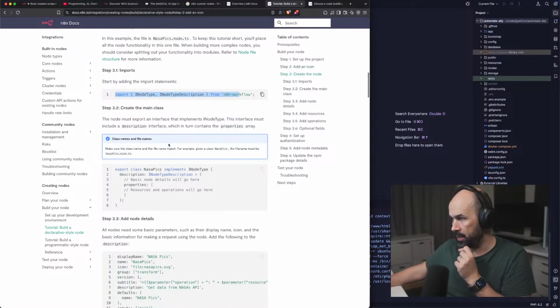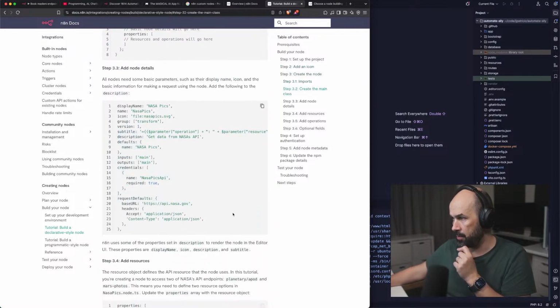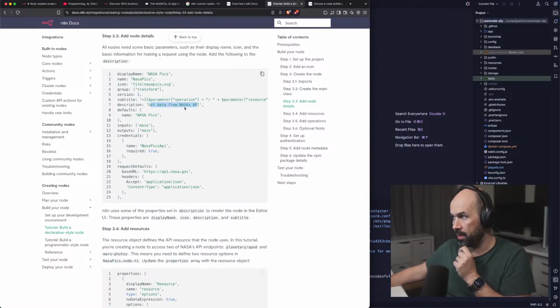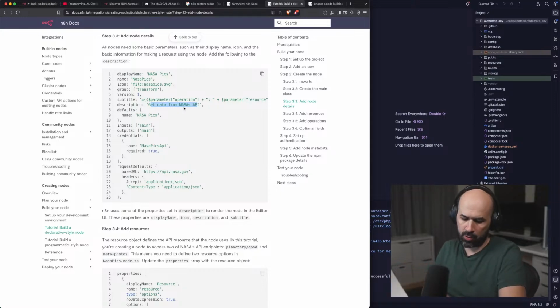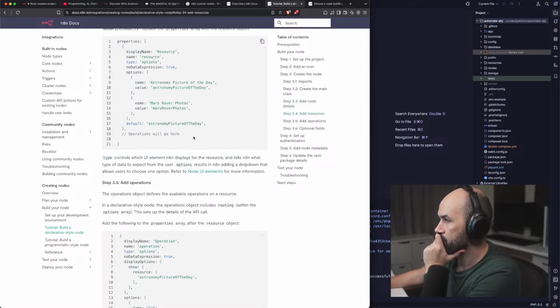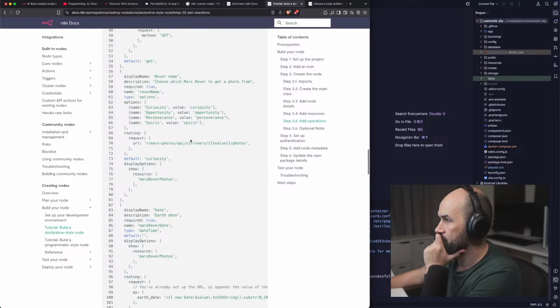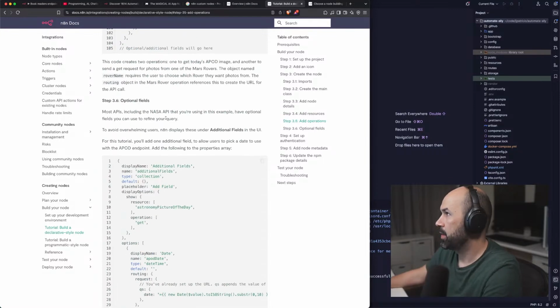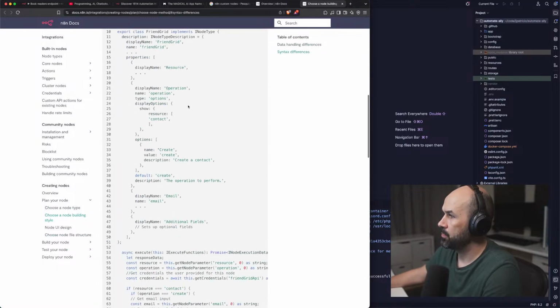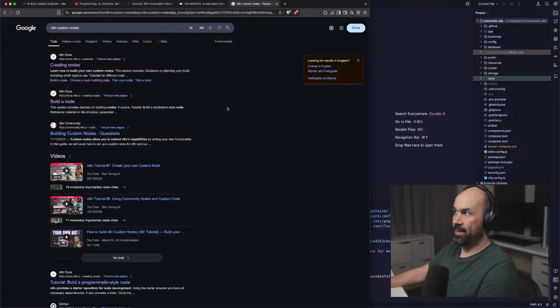And yeah, you can make your node. Here we go. Get data from NASA's API. So it could be get data from your Laravel application. Yeah, it seems. Choose your node building approach. Yeah, fantastic. I think that's what you're looking for, right? Right, Nick?